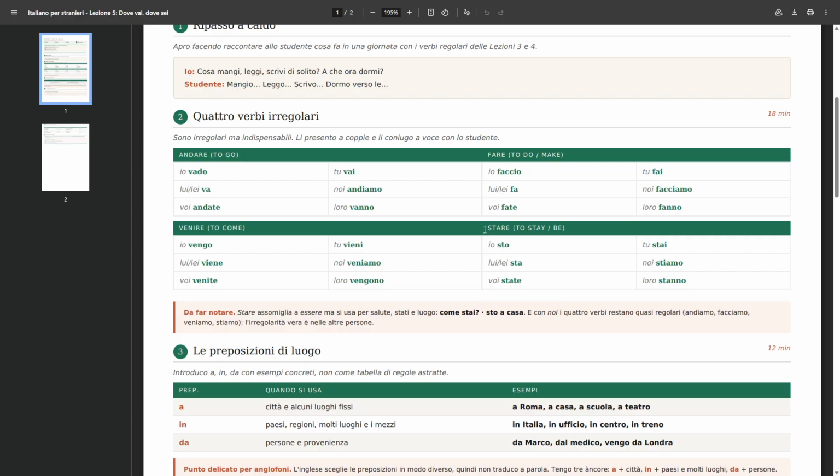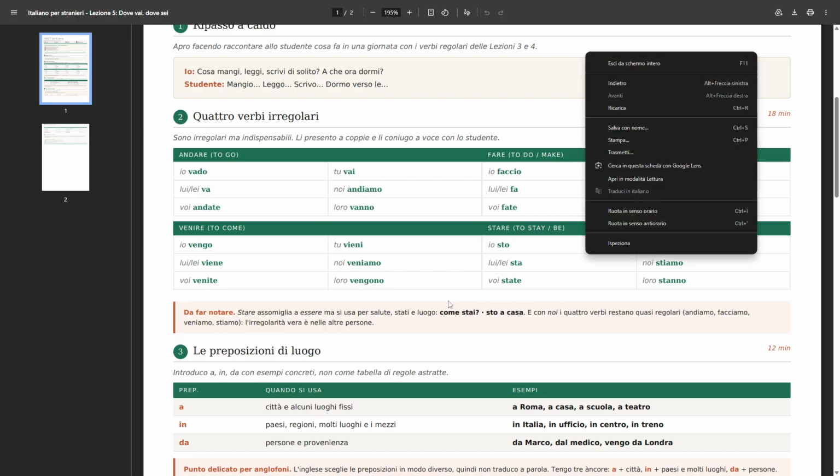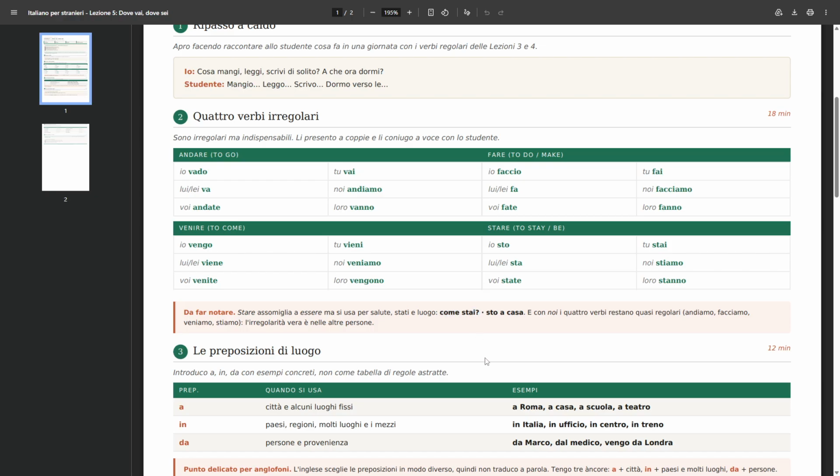But stare is another way of saying to be. And it's used in another manner, we could say even. It's like to feel as well. So like sentire that we have seen in the previous lesson. Sometimes it's used even to say that, because, for example, how do you say how are you in Italian? I think we have seen it maybe in the first lesson, I'm not sure. It's written even right here. Come stai? It means how are you?